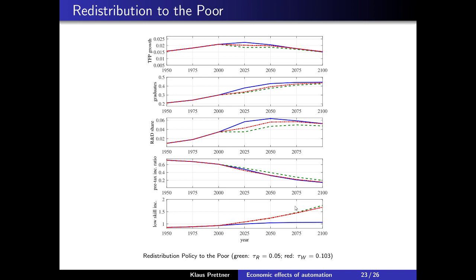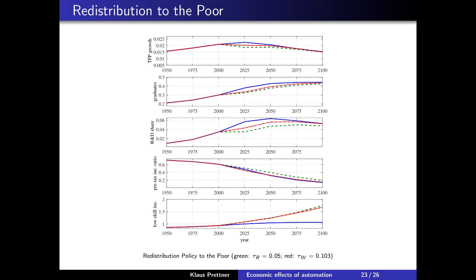Now what we see here, let's start with the lowest diagram, that is the income of low-skilled workers. We see that this increases sluggishly until about 2000 in the baseline simulation, and then it stays constant because we reached the long-run balanced growth path where no additional workers become high-skilled. So in the long run, the low-skilled would not benefit from technological progress. If we design the redistribution policies, then they do, and their incomes rise. And even pre-tax income inequality would be less. So that's the pre-tax income ratio of low-skilled divided by high-skilled wages,